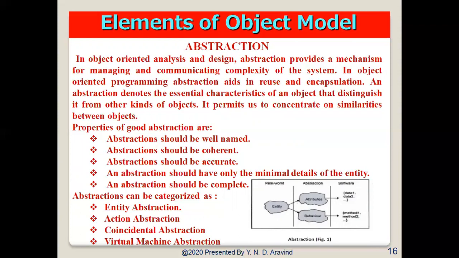So all abstractions have static as well as dynamic properties. For example, a file object takes up a certain amount of space on a particular memory device. It has a name and it has content. These are all static properties. So the value for each of these properties is dynamic relative to the lifetime of the object. A file object may grow or shrink in size, or its name may get changed, or its contents may change.